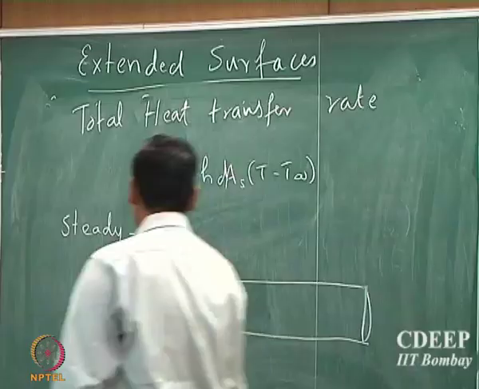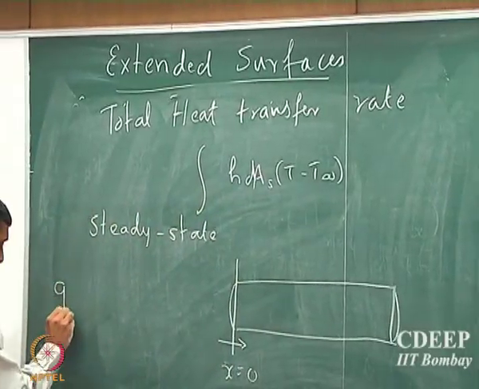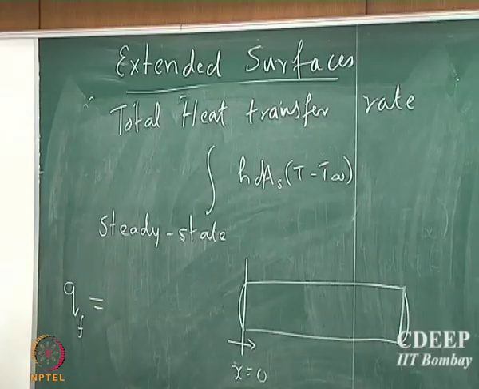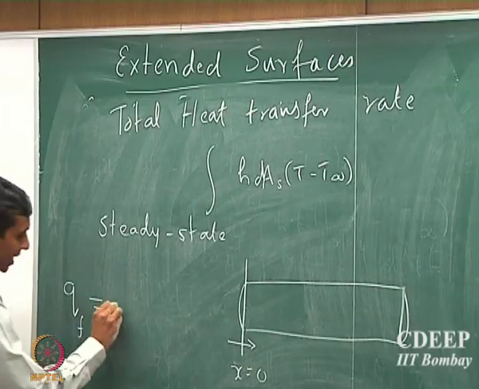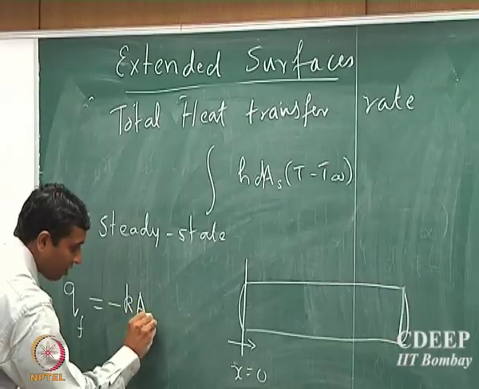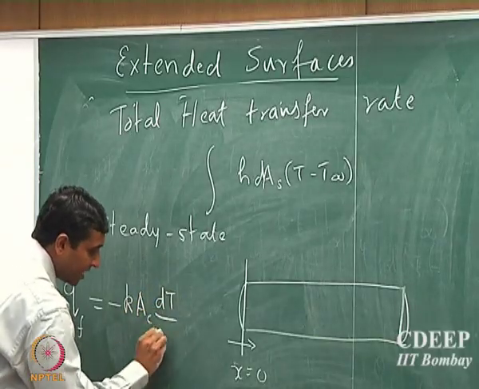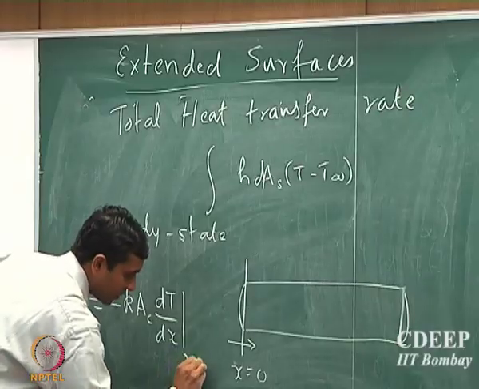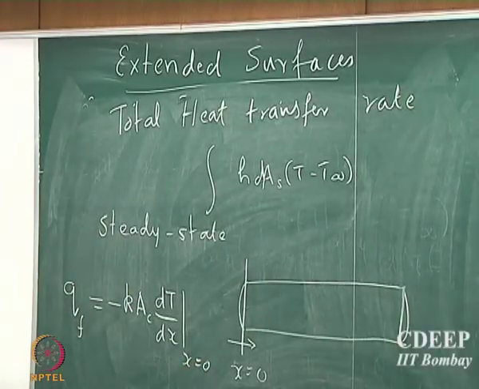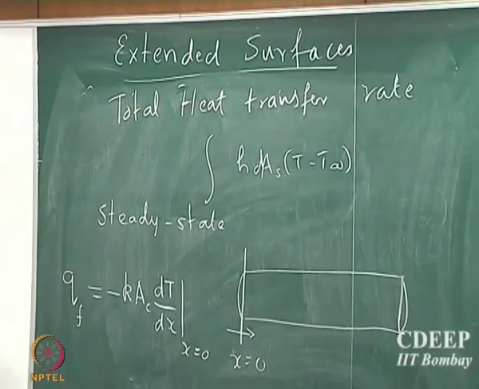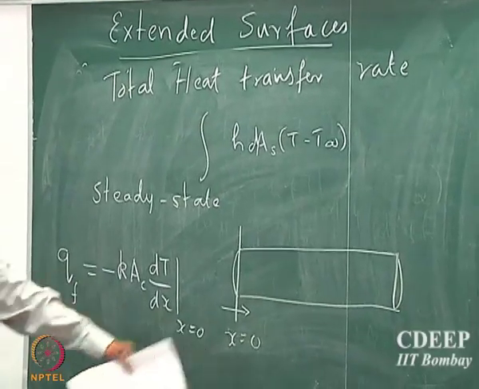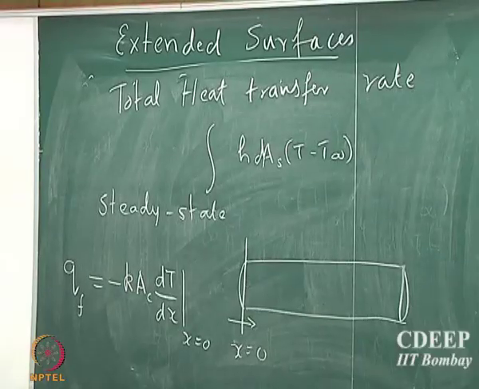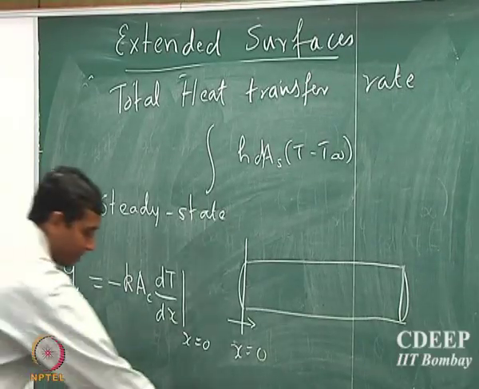So, that will be minus k. So, the total amount of heat that is transferred by the fin Qf is minus k into cross sectional area into dT by dx at x equal to 0. So, that is the amount of heat that is transferred to the fin at x equal to 0, and that should be equal to the total amount of heat that is transferred, and so that will be equal to